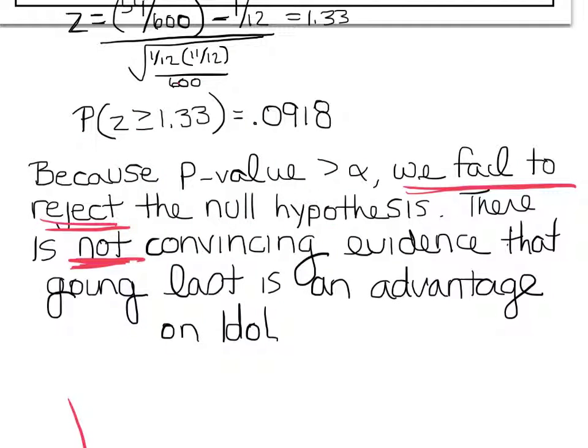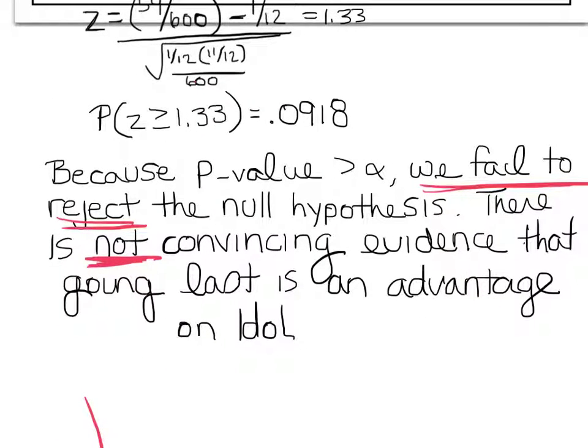So that gives us a z value of 1.33, which then I plug into my computer, and I get a p-value of